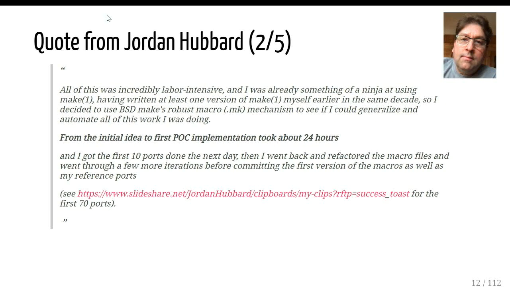All of this was incredibly labor intensive, and I was already something of a ninja at using make. Having written at least one version of make myself in the same decade, so I decided to use BSD's make robust macro mechanism to see if I could generalize and automate all of the work I was doing. From the initial idea to the first proof of concept implementation, it was 24 hours, which I think is pretty